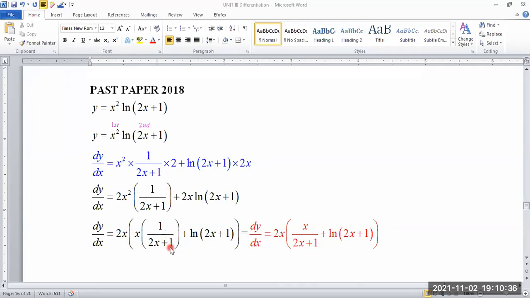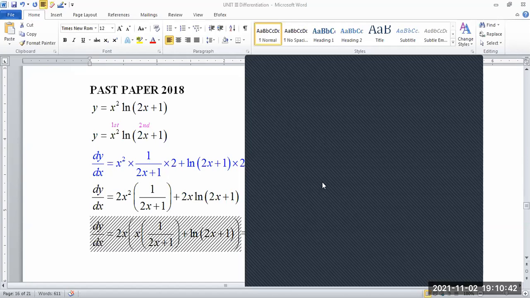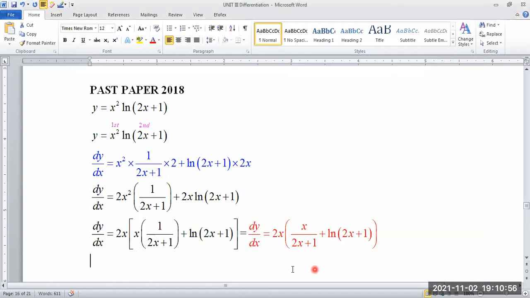But what is left here now is that I can fix up what is on the inside. Normally when I have more than one set of brackets, I use 2 different sets of brackets to signify what is happening, so let me be consistent. All right. So what is happening here now is that I'm going to be fixing up what is on the inside. How do you fix it up, sir?